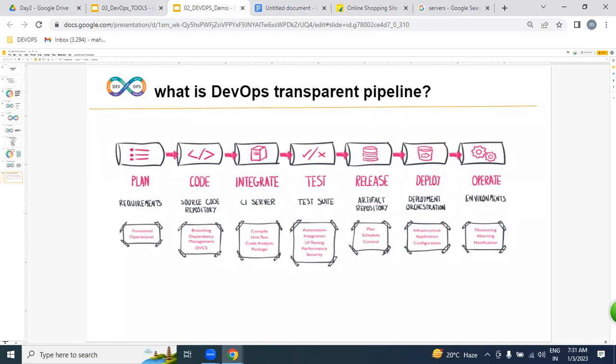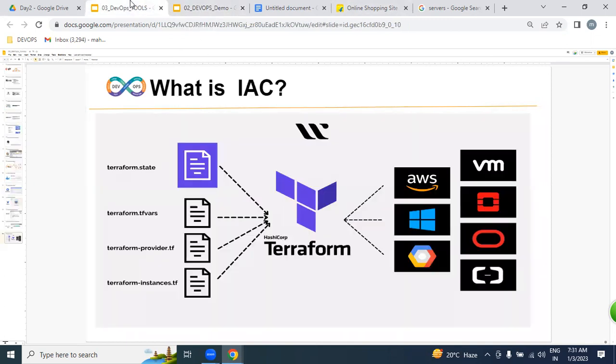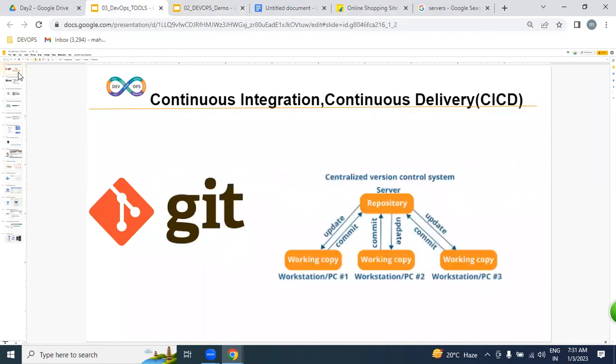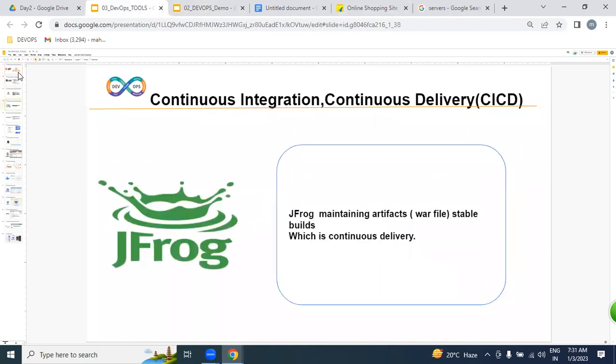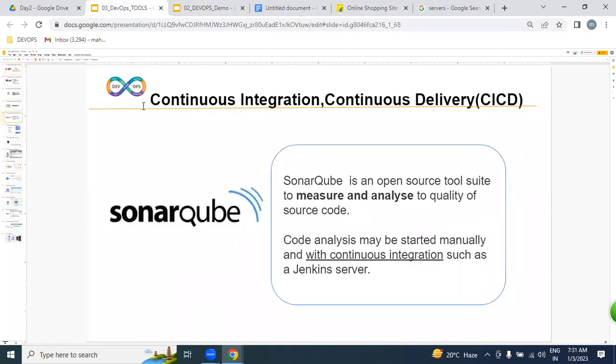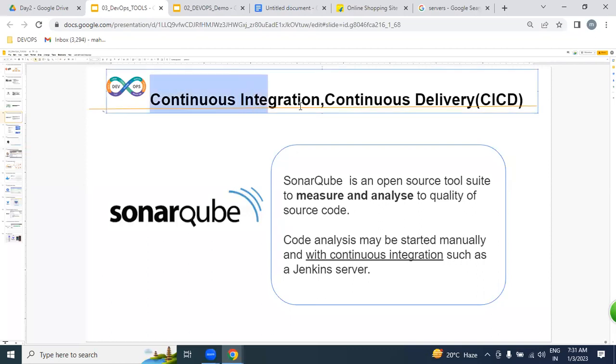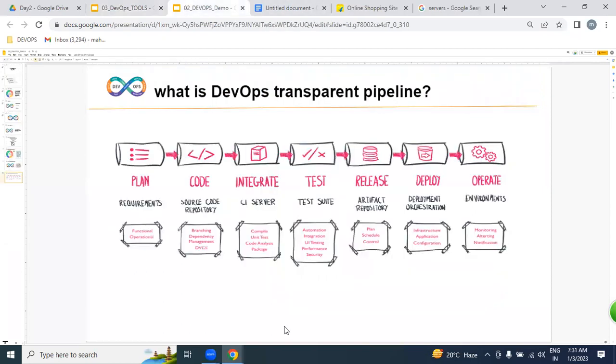Clear, all of you? Perfect. So by using Git, Maven, Jenkins, JFrog, SonarQube, we are going to be implementing the CI/CD process, continuous integration, continuous delivery. After all developers have successfully written their source code, all developer lines of code are continuously integrated.